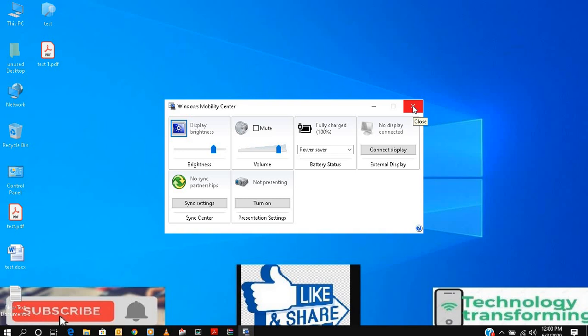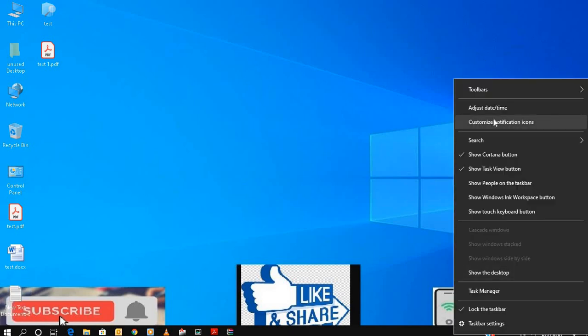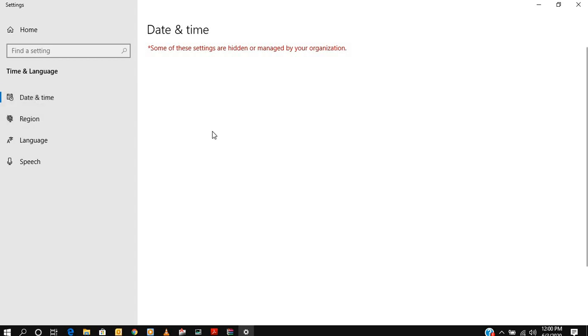Now we have the clock. So basically, suppose, friends, you have some relatives in the US, or some friend in the US, and you just want to see whether your timing and their timing is matching. So what you will do, you first see the clock, and then you think, oh, what is the time in the US. To avoid that, you just go into adjust date and time, and you go into date and time.